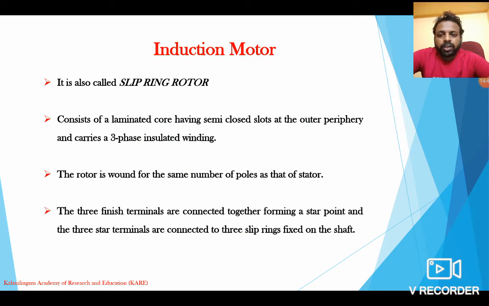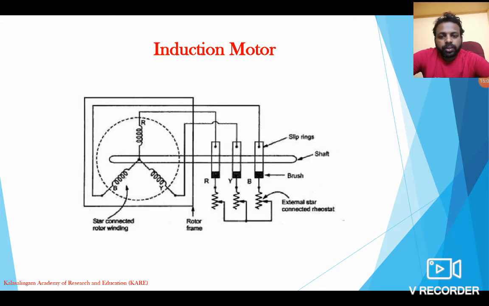And next one is the slip ring rotor. The slip ring rotor creates higher torque as well as a higher speed range compared to the squirrel cage type. It produces more resistance to the current which passes through the rotor with the help of three different rings, right? So I can show the image.